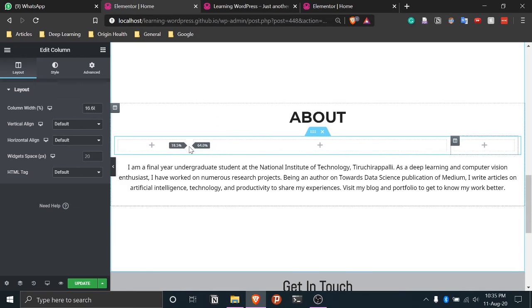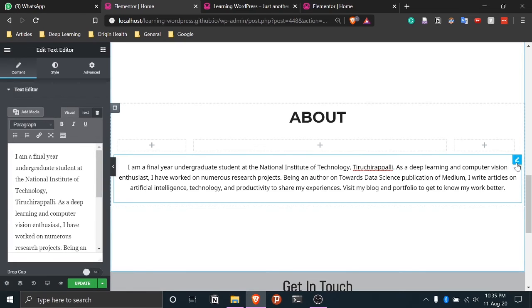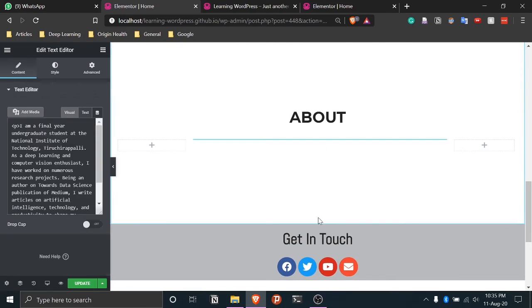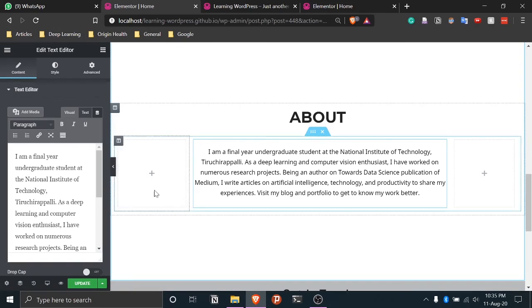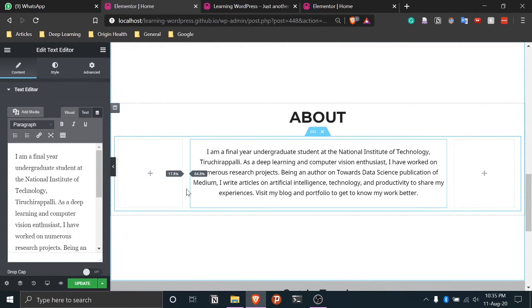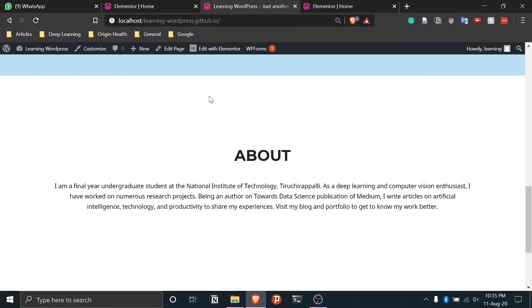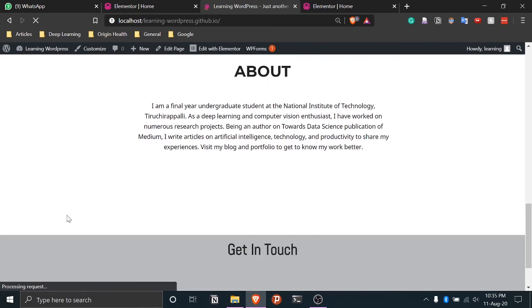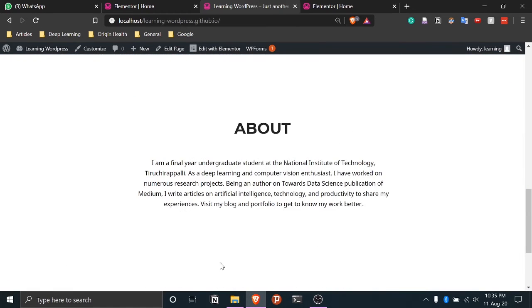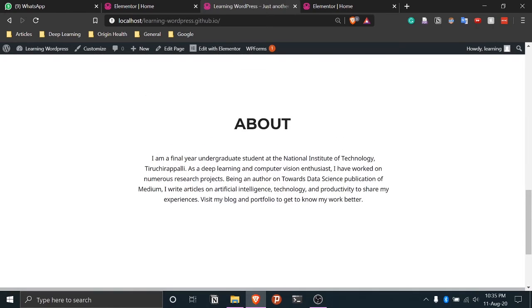Let's say this looks fine, and then I can pick this text box, and I can just put it in this center one. So now if you see, I have a very nice padding on both sides. Now I can adjust it the way I want and then update it. So once I update, these changes will take place here. So if I refresh, we can now see that it displays the way we want.